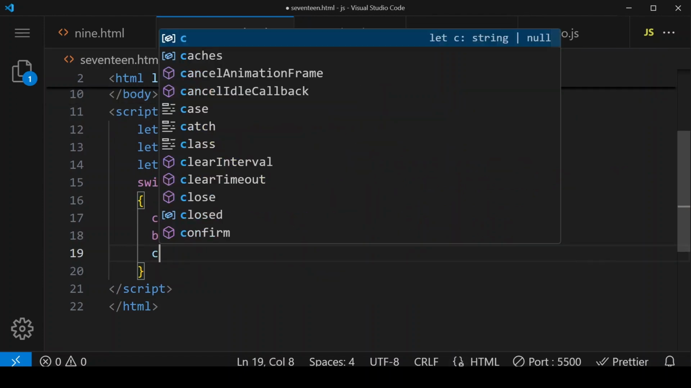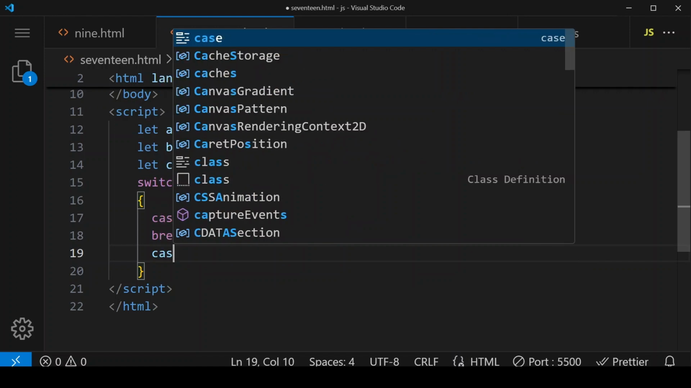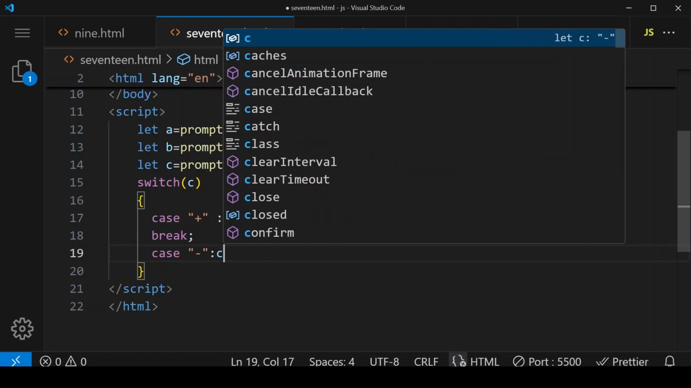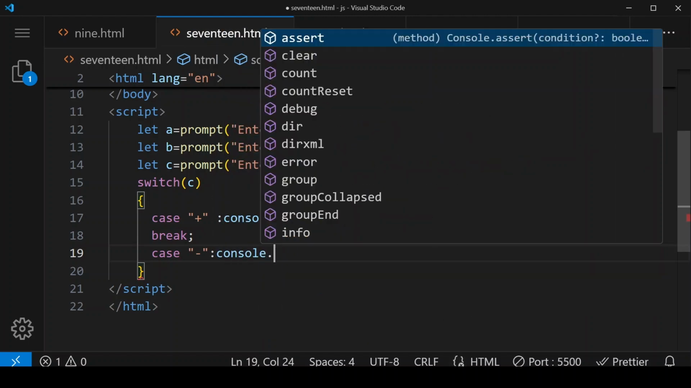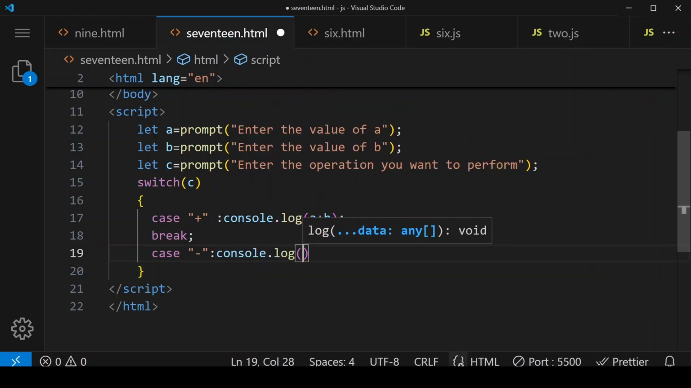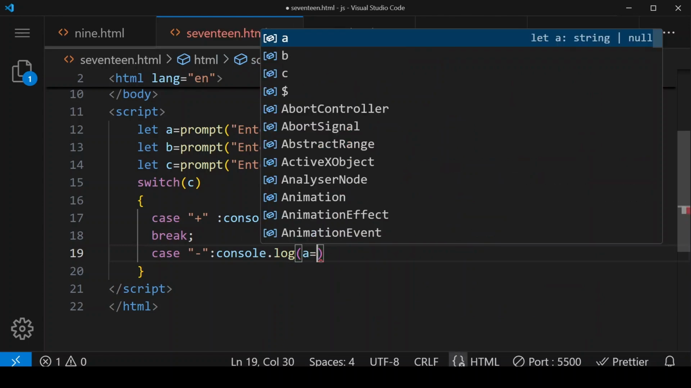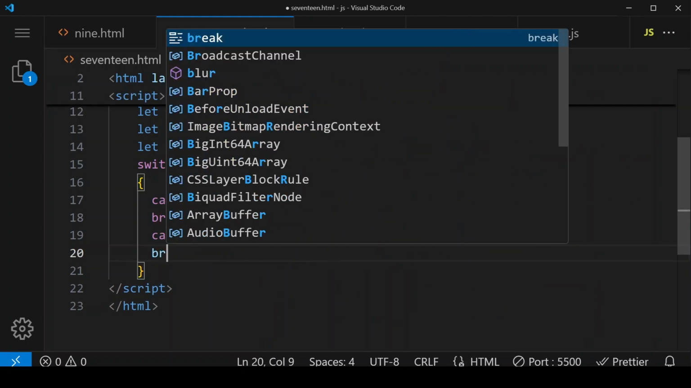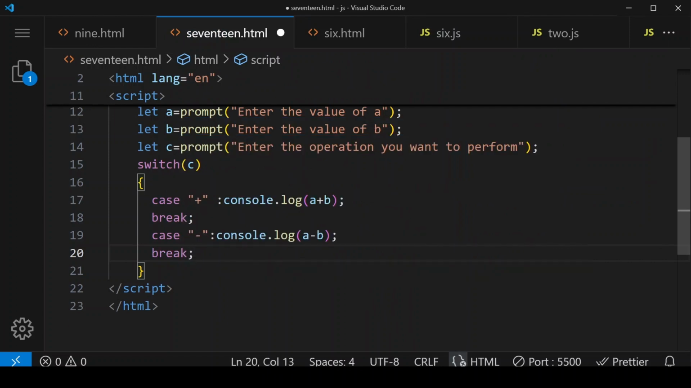Similarly for subtraction, if c is the minus sign, case within double quotes I'm giving minus, and here it is console.log, here I'm doing a minus b, and break. We'll do this much right now. When we'll run it,